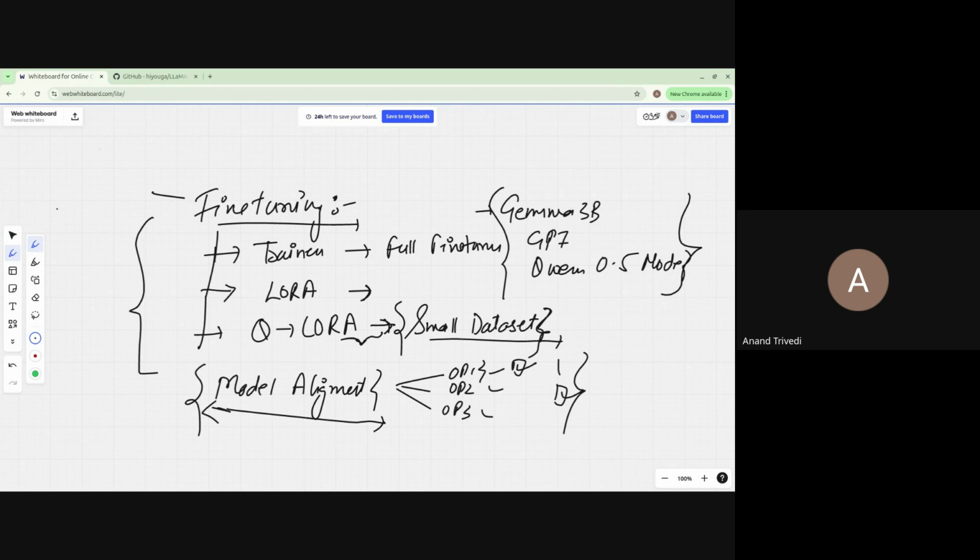So these kinds of model alignment things we will have a look at later, when we start struggling with our RAG architecture. But for now, what we'll do is see a small example of QLoRA, a very small example. Now, what I have done is, so that we do not waste a lot of time,